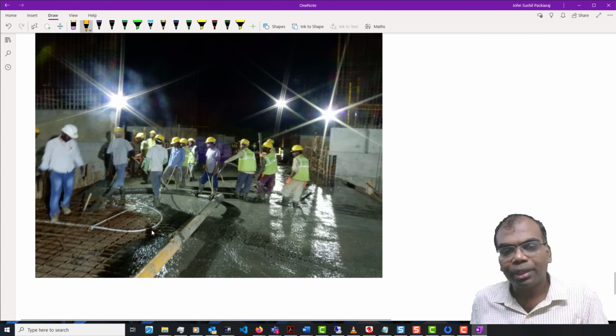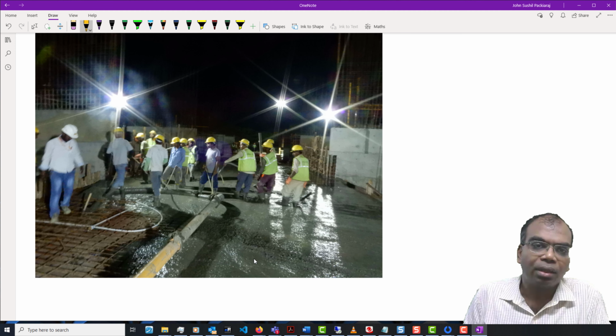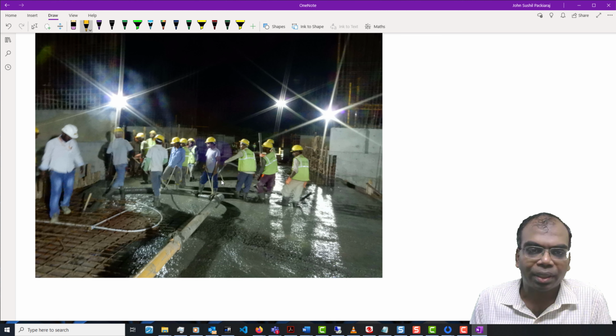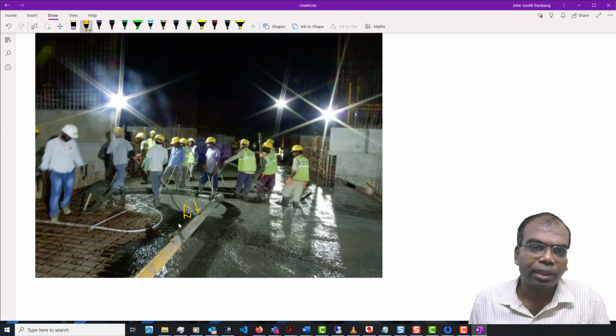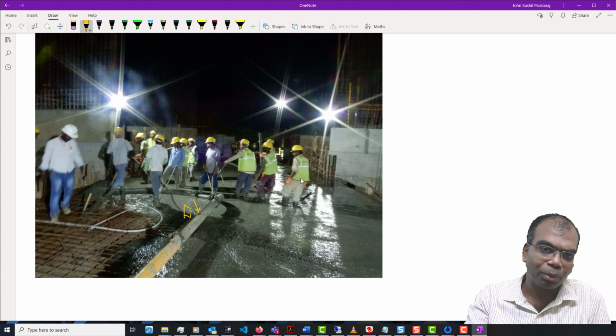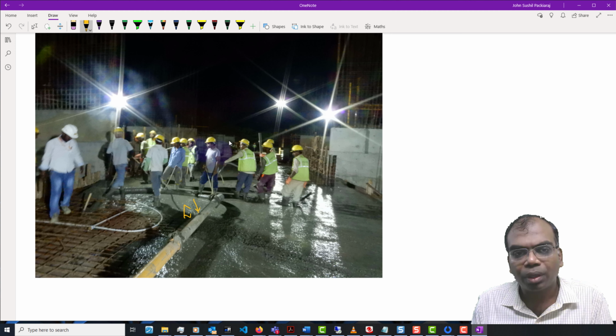Now come here. This is an example of how the construction technology is going to influence the rates. Now look at the number of people who are here. This is a very large pour. What they'll do is keep removing each of these pipes, so the pour sequence is planned in such a manner that you go up to one end and then keep coming towards the place where the concrete pump is. Now look at the number of men who are required.